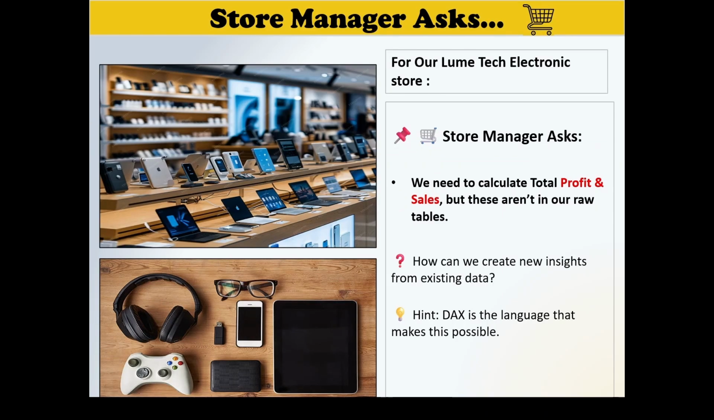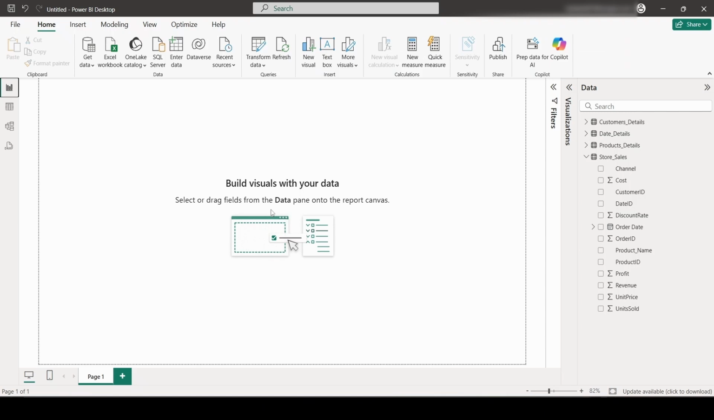For that, we have an electronic store data set which sells all electronic items. Let's consider the store manager is asking us to calculate the total profit or total sales for their store. So let us see how we can do it inside Power BI using DAX. I'm inside my Power BI now. I have four tables related to my electronic store data. If I go to my table view,